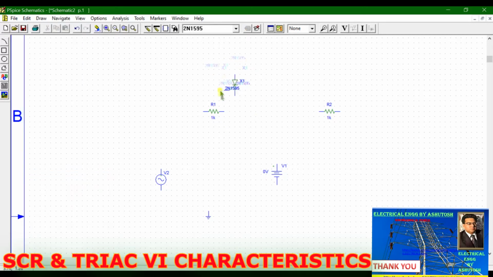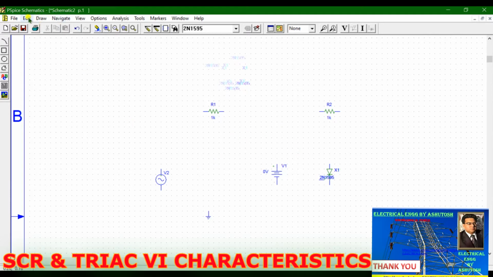Okay, now this kind of figure we want of SCR. So select this and drag this like this. Okay, put it here and then connect.